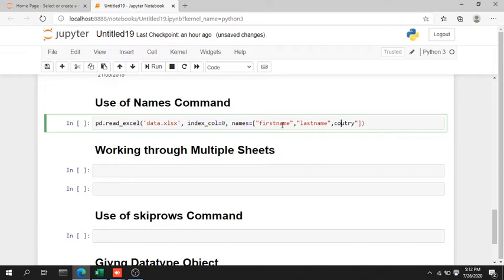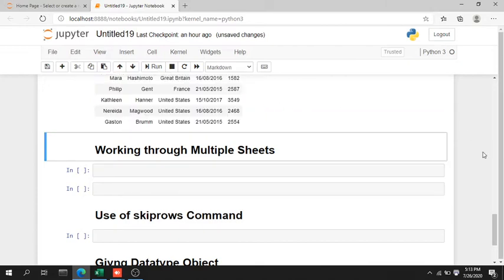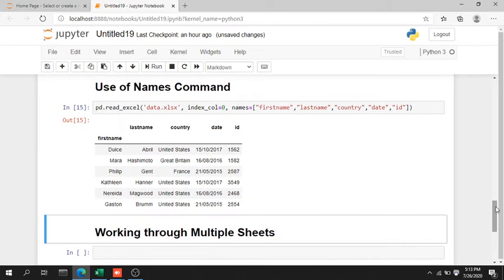You can give the names of your own choice, like a country name or any other. Next is the date, and last but not the least is the ID. So let me just execute it, and here you can see that it has successfully named all the columns according to our own choice, like the custom names which we have given to the columns.